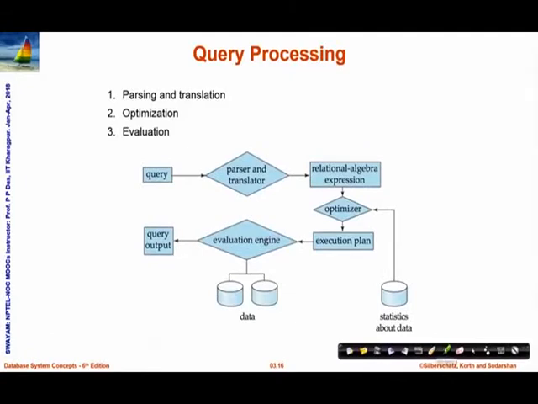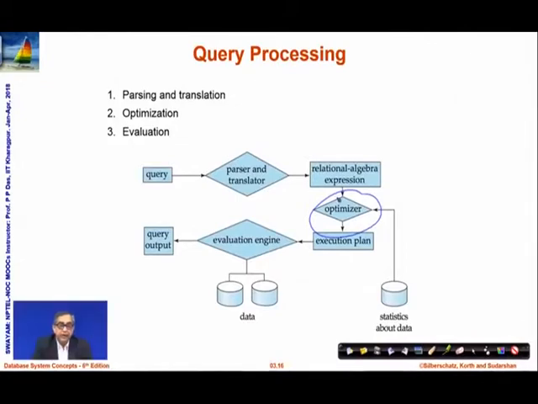I said that there are two kinds of languages, the commercial query language and the pure language. So, it translates the query into a program in the pure language, which could be relational algebra, and then it tries to optimize. That's a critical term to be noted, that there is an optimizer. This optimizer is a critical component which tries to make sure that the query, when it is run on your data, will run in the least amount of time in an effective manner. And then an execution plan needs to be decided.